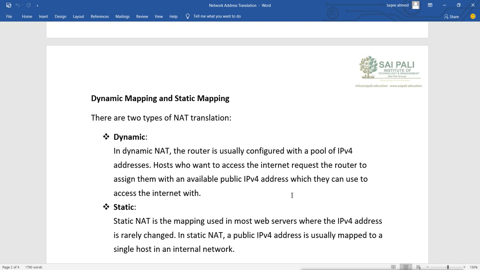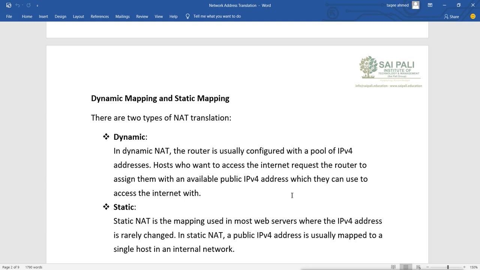Now in this case I don't have to map each and every IP one by one. So this configuration is much easier than the static one. For 5,000 private IPs, I don't have to add 5,000 entries. I can make only two commands. By using only two commands we can configure it.